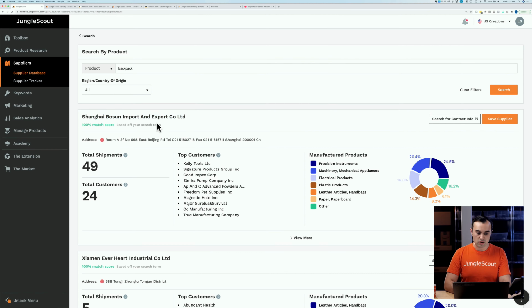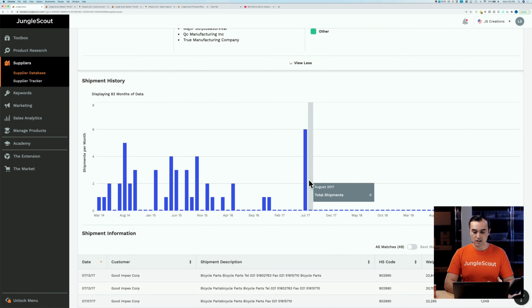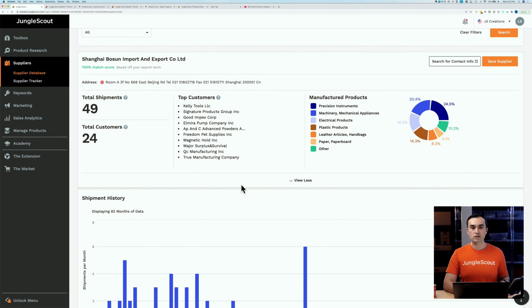So what we can see, a supplier. So we can see their top customers here in the US. We can see a breakdown of the materials of their products. We can even come down here and we can see specific information about when these shipments took place. And so in a lot of our material, and particularly if you join Jungle Scout and you go to the Jungle Scout Academy, we've got a whole section on this, but supplier database is great at helping you verify suppliers that have worked with US clients before. So this looks good to me, that this particular supplier has had 49 shipments into the US,